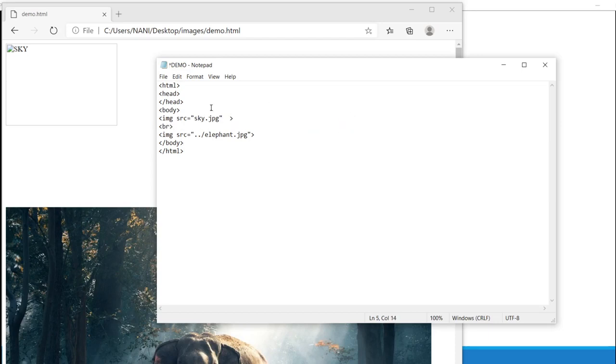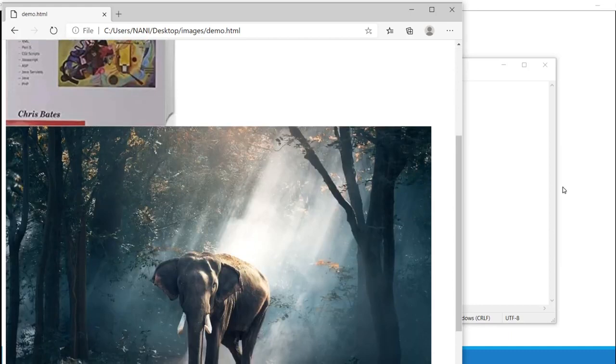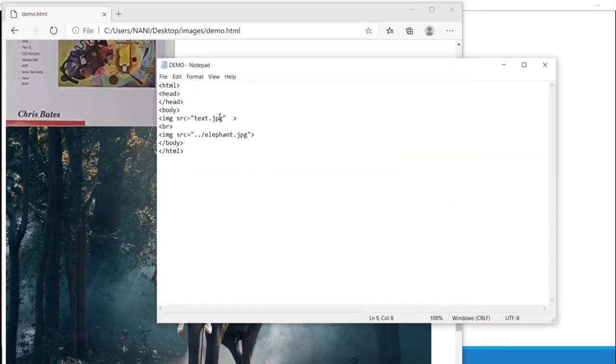So delete this and place text.jpg. Here I am getting the text. So see with text.